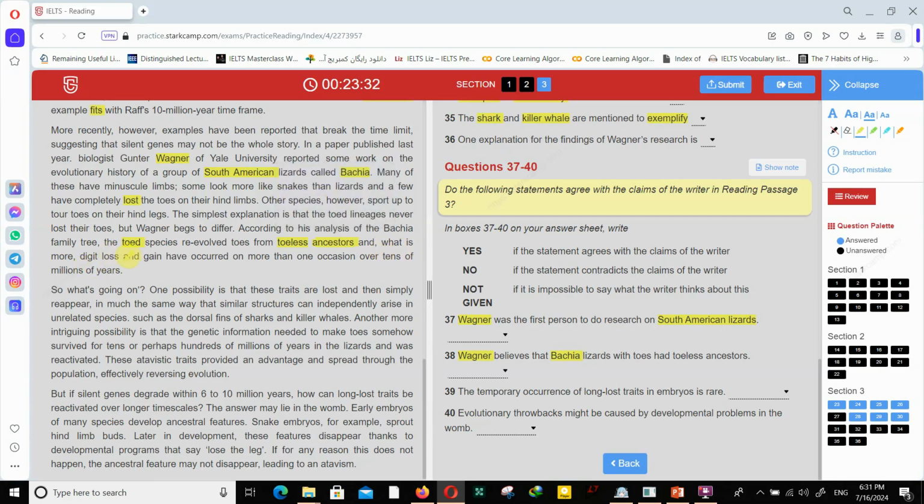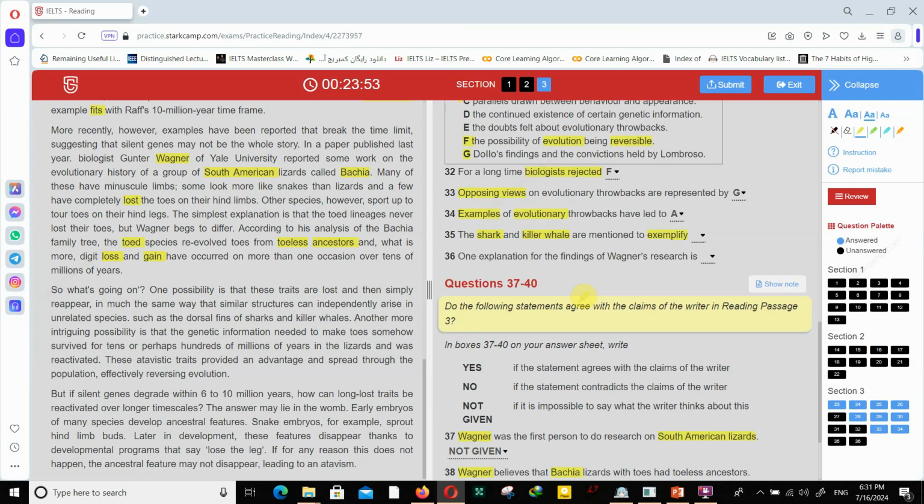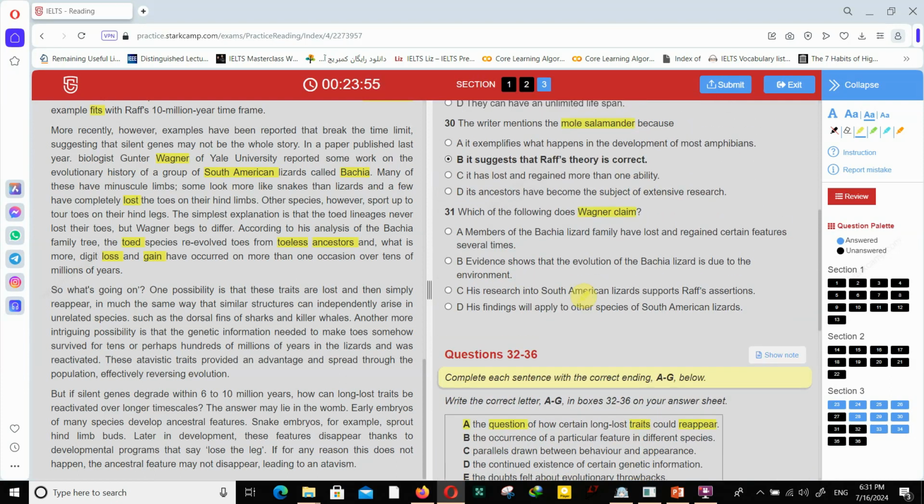What is more, digit loss and gain have occurred on more than one occasion over tens of millions of years. So, here it says Wagner believes that Bacchia lizard with toes had toeless ancestors. Yes. And here, nothing about the first person to do research, not given. So, and this question actually,